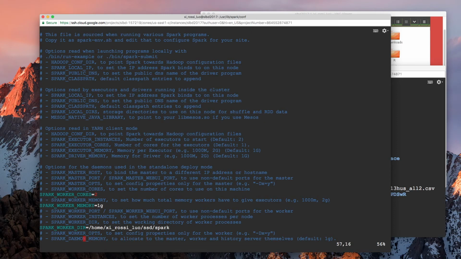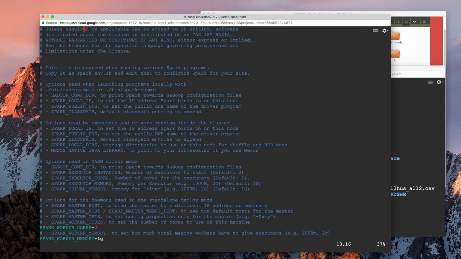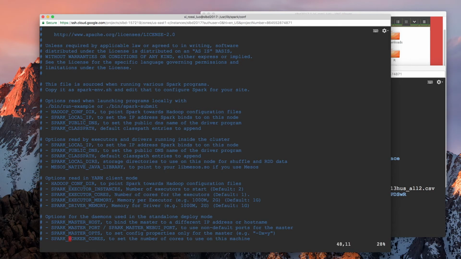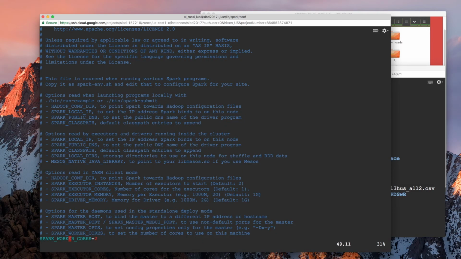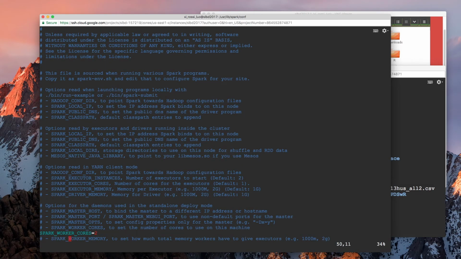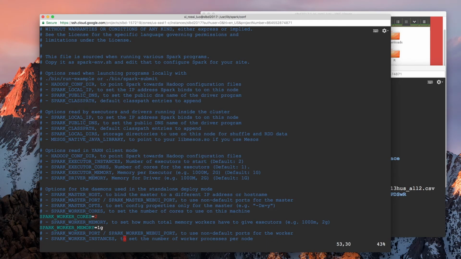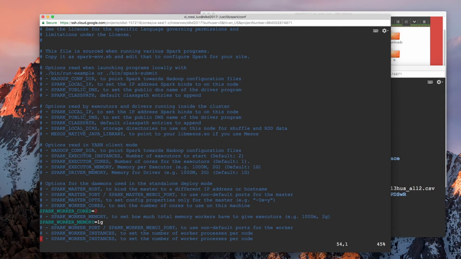Okay, let's try it again. Check worker cores, we just set that. Worker memory, we just set that. And worker port, and there is a worker instance. For the port, we're going to use the default port. So for worker instances,